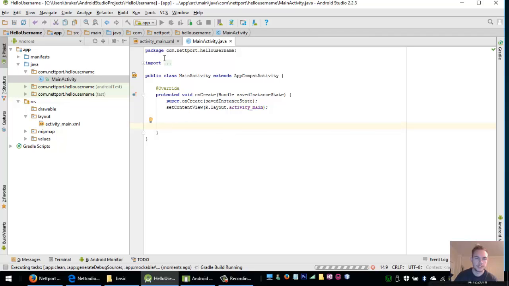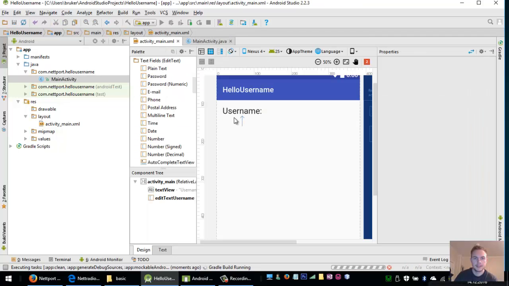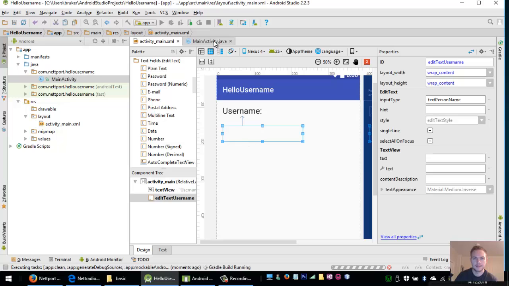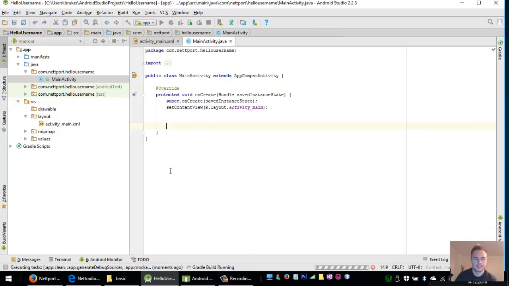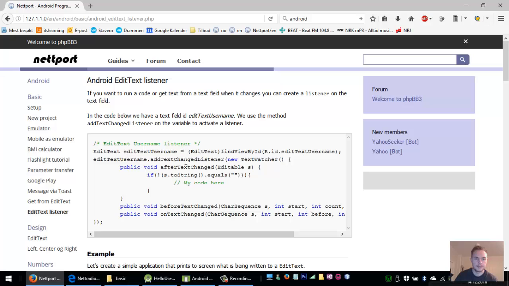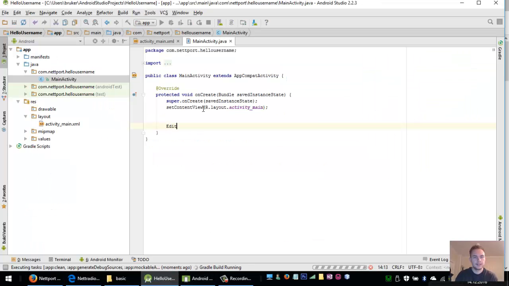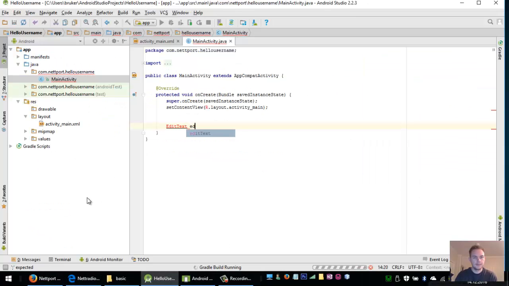But in our MainActivity.java, we want to get this text box. We want to get the value of this text box, and we do this by using the EditText. So EditText, and we can write EditText username, and EditText username will be our variable,